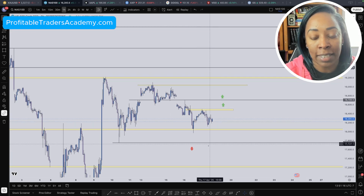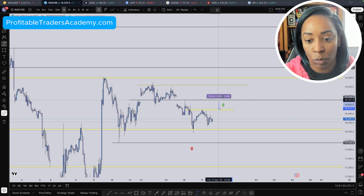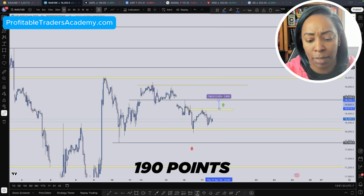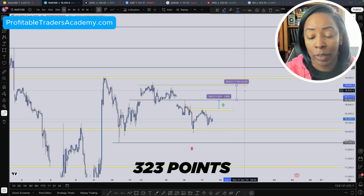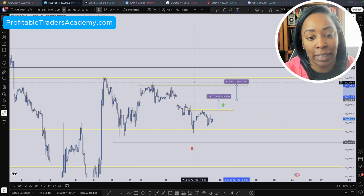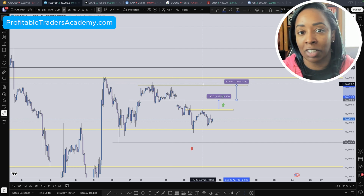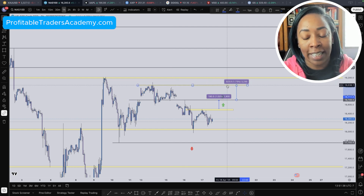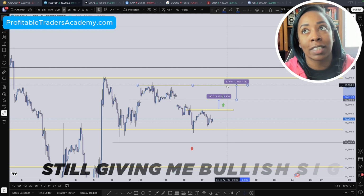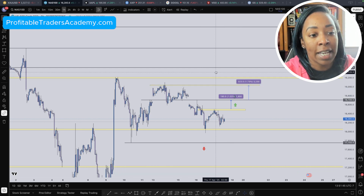So that is that, and let me go ahead and mark off these targets. So this was target 1, that's 190 points, a very decent range, and then target number 2 is 323 points, really nice. And then you just gotta wait and see what price does in this level. Let's just say hypothetically, if I was already in a trade from here and it came up to this level, if price was still giving me bullish signs, then I would be targeting this level up here and just basically